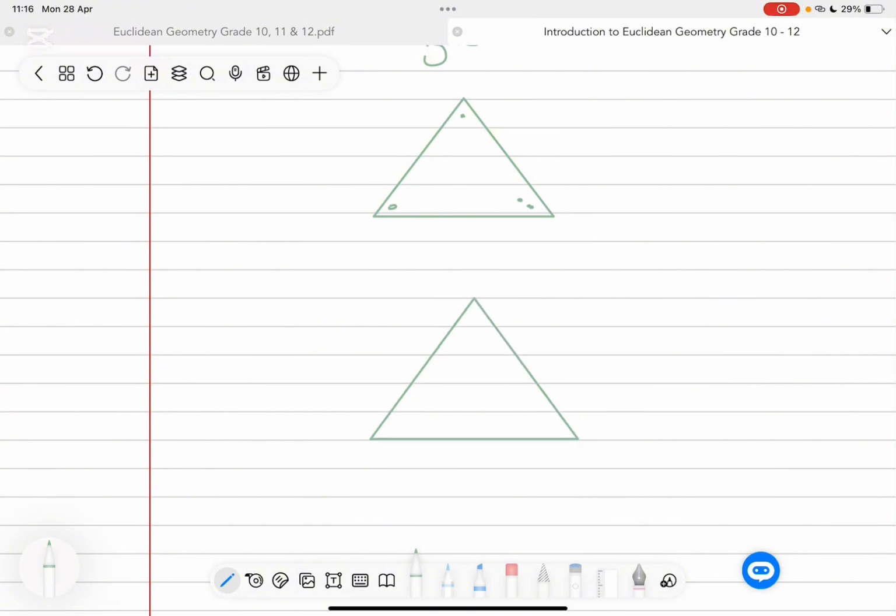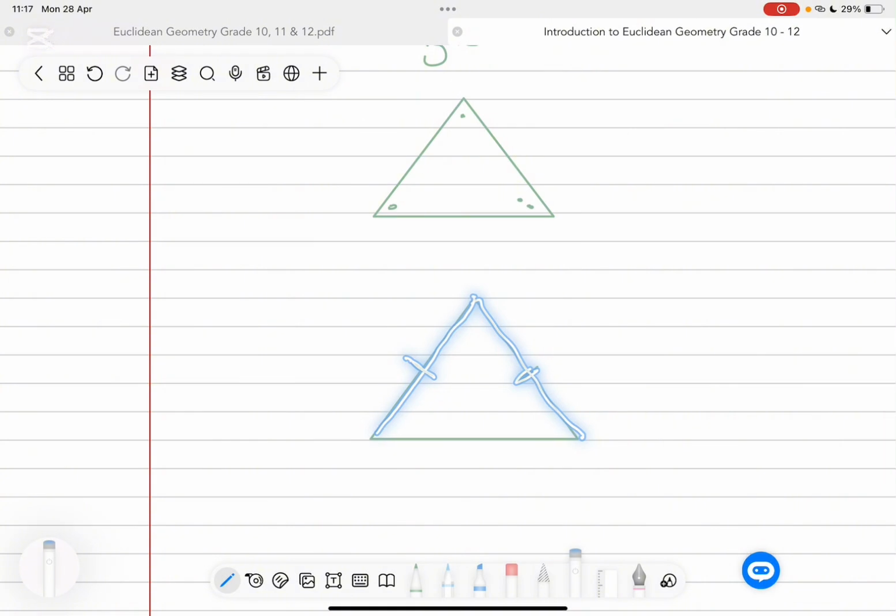Well, an isosceles triangle is a type of triangle that has a pair of equal sides. So that means this side here will be the same as this side. Or you can have any pair of two sides to be equal. Now in this case, if you have this side and this side to be equal, we say this is an isosceles triangle. We use this line here to show that this line and this line have exactly the same length,